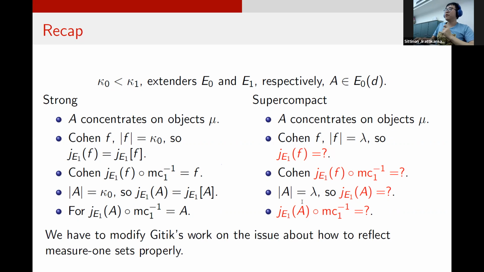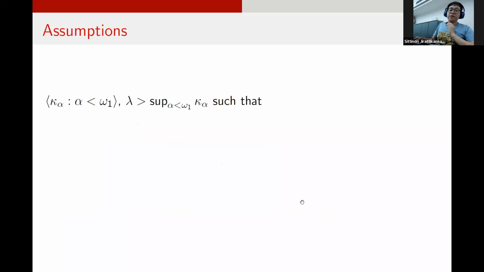So now we have to fix these issues. And yeah, let me start with some assumptions first, so that it's more convenient to analyze what's going on. So I have the sequence of supercompact kernels, kappa alpha for alpha less than omega 1. Lambda is greater than the sup,